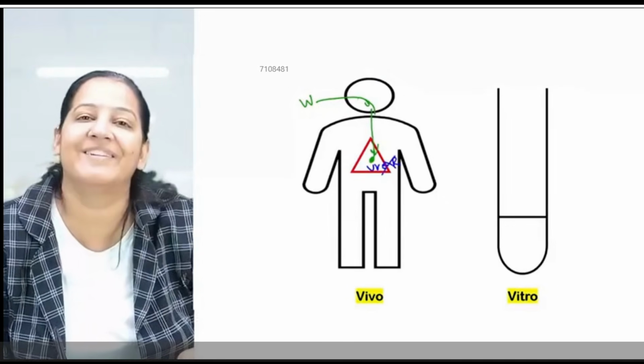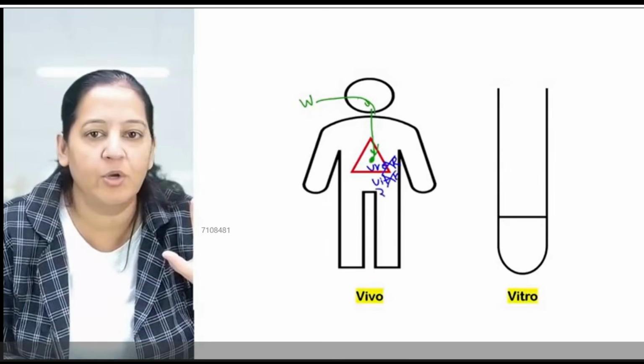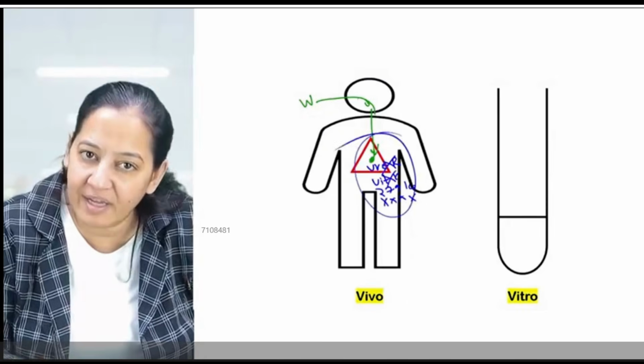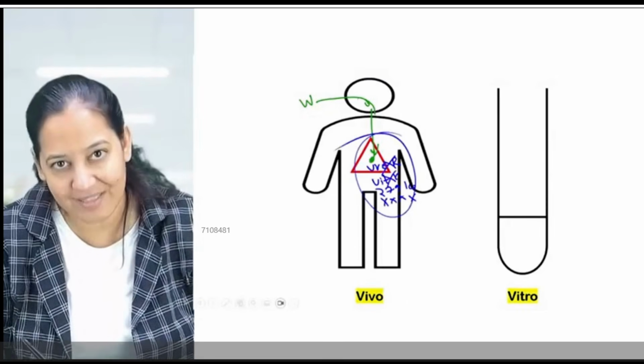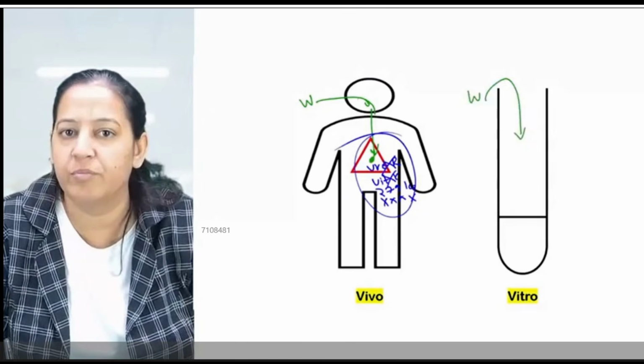This enzyme is present in the liver. Since there is no VKOR, there is no vitamin K. No vitamin K, no 2, 7, 9, 10. So basically, it is inhibiting 2, 7, 9, 10 formation in the liver. Are you getting my point? Yes or no? But if I am putting a tablet of warfarin in a test